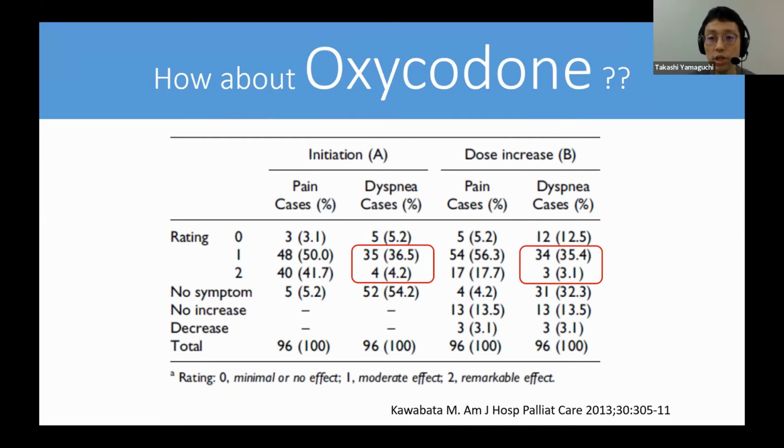However, the outcome measure used in this study was very anecdotal, which is not validated. And that is research related, so very biased. So obviously, the quality of this study is very poor. But this was the only study about oxycodone for dyspnea when we developed the clinical guideline for the management of cancer dyspnea in 2016.